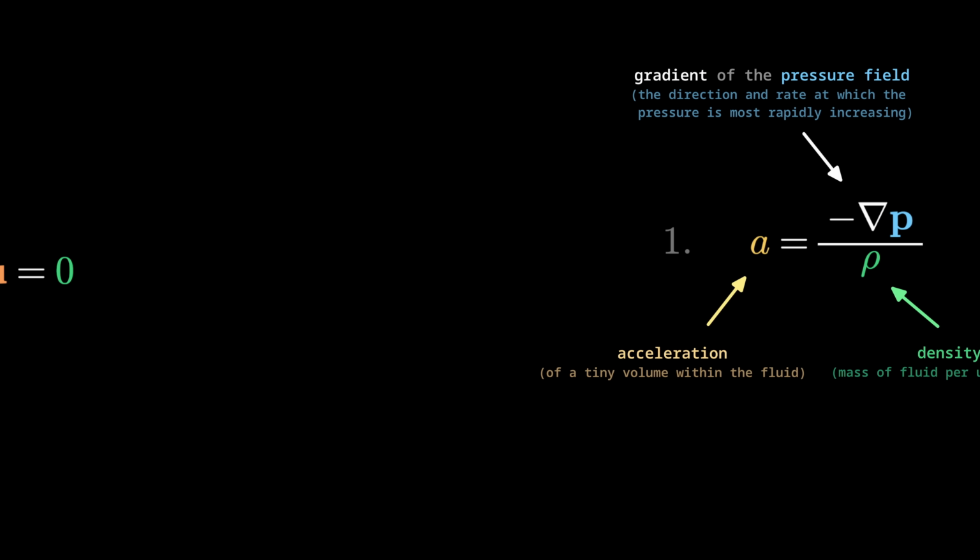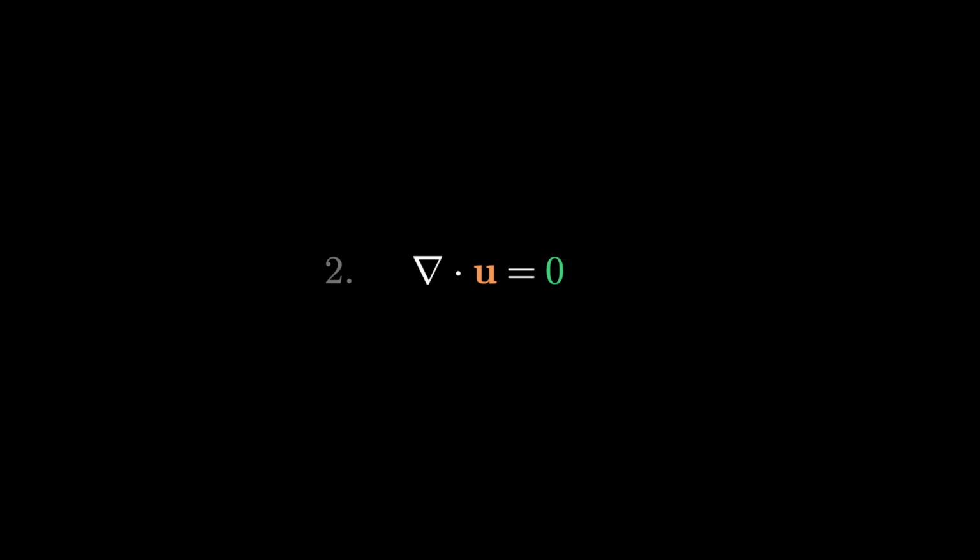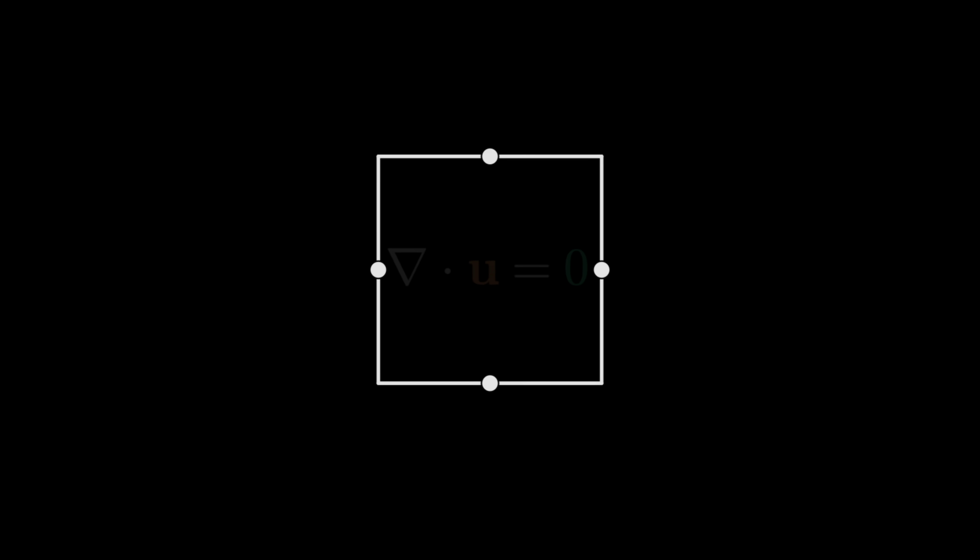Okay, then we also have this tiny equation number 2, just telling us that the divergence of the fluid's velocity should be 0. To think about that, let's picture a single fluid cell in the larger grid we're going to create, and imagine for instance that there's some fluid flowing out across this edge on the right. In that case, the fluid would be diverging away from the cell,